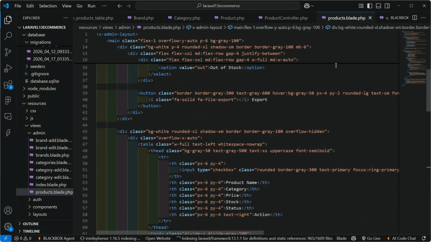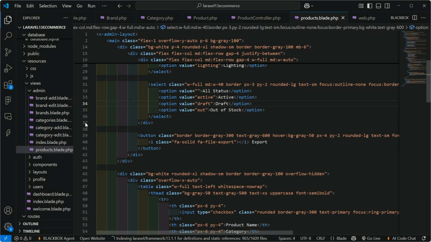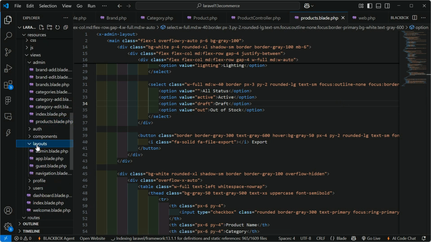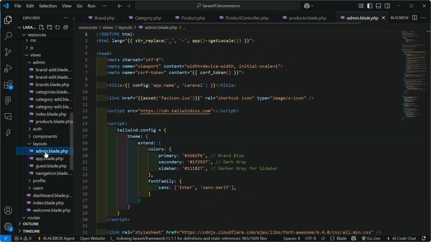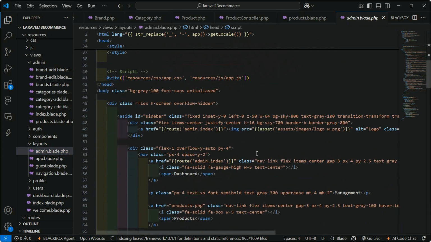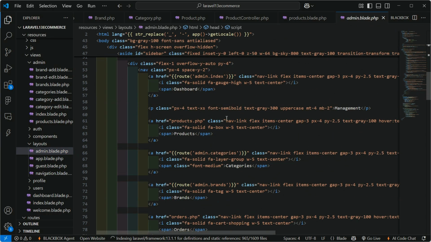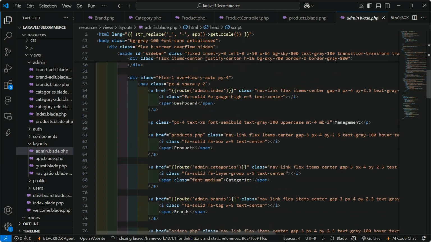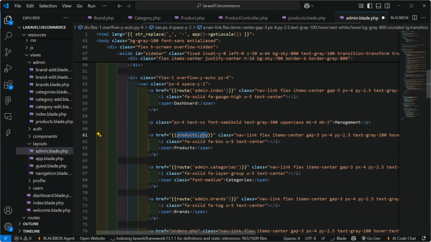Okay, now save this. Now let's open the layout file. So just go inside the layouts folder and let's open admin layout, and here inside the sidebar menu, let's add the product link. So just remove this and put here double curly bracket route, and inside this just pass the route name admins.products. Okay, now save this,